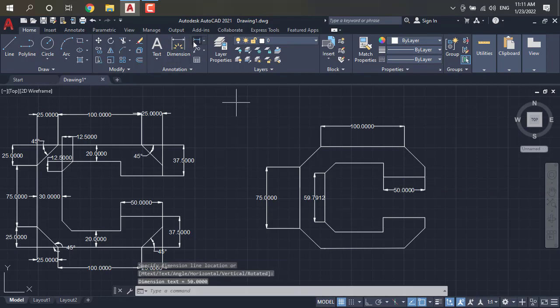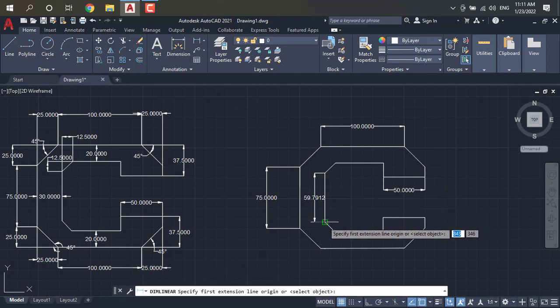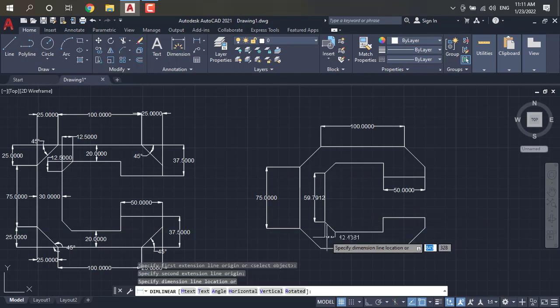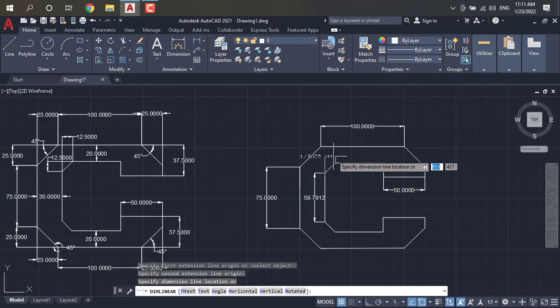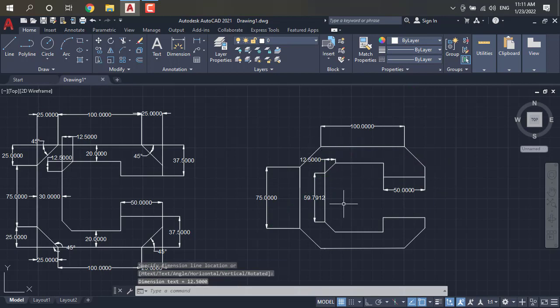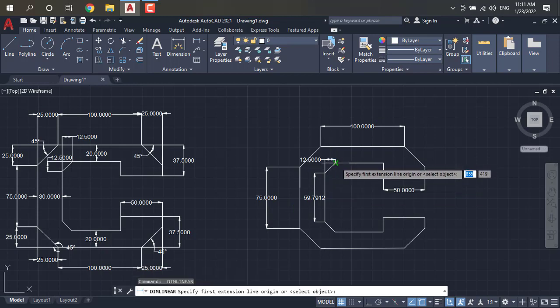Because there will be slight variations also. Yes. Again I have to give the dimensions for this also.